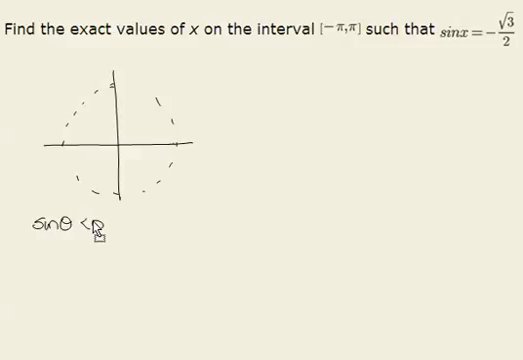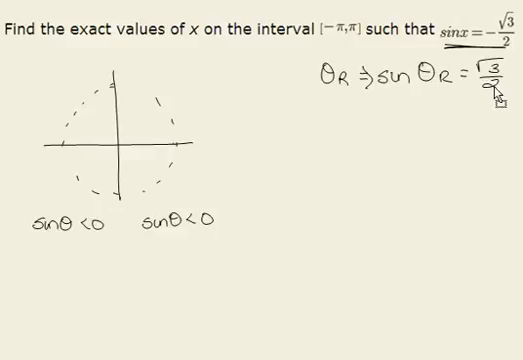produces a negative value in quadrants 3 and 4, where sine, or the y values, are both negative. We would also recognize that our reference angle for both the quadrant 3 and quadrant 4 angle would be given by the sine of that reference angle is equal to a positive square root of 3 over 2, giving us that reference angle of 60 degrees, or